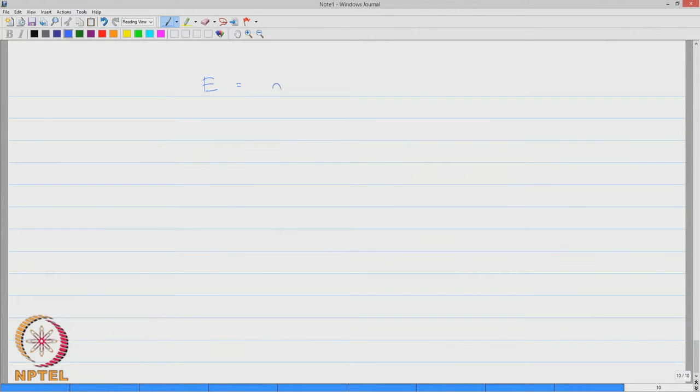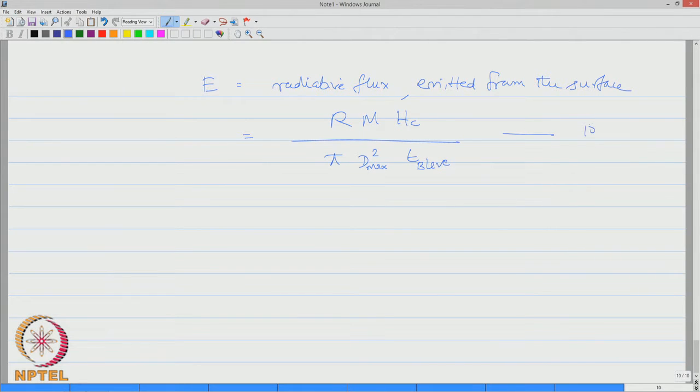E is radiative flux emitted from the surface, which is given by R M H c by pi D max square T W, where E is radiative flux, R is radiative fraction of heat of combustion,